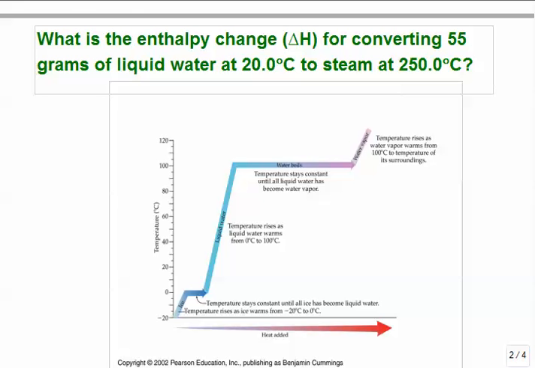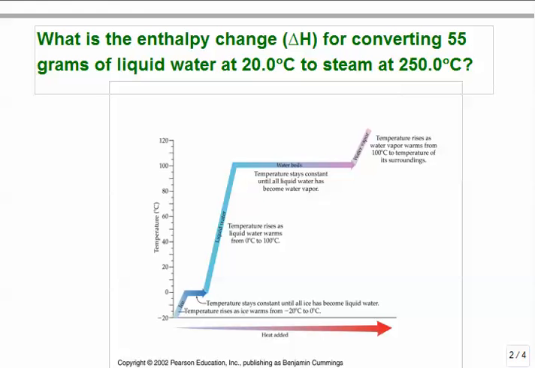Okay, so here's a second example of using Hess's law to calculate the enthalpy change of a process by breaking it down into component reactions or different chemical processes or physical processes. So for example, if we would like to know the enthalpy change for converting 55 grams of liquid water initially at 20 degrees Celsius to steam at 250 degrees Celsius,